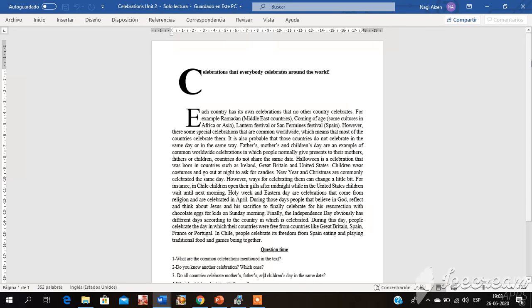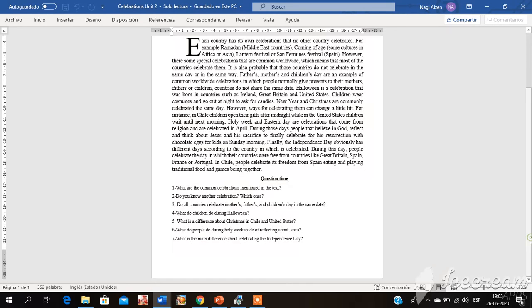Then, to help students to understand the text better, there is a set of 7 questions, really explicit, for students to find information in the text. They do not have to infer and they do not have to write about their understanding for the answer. They only have to find the information in the text.